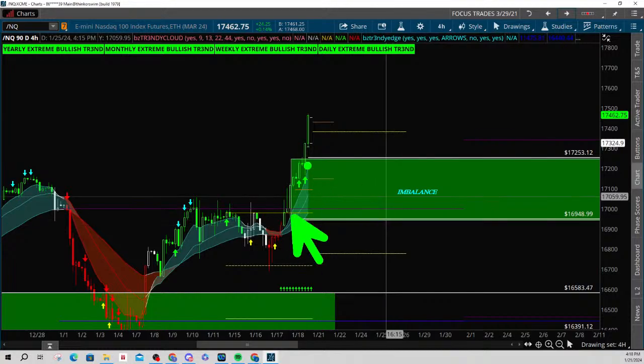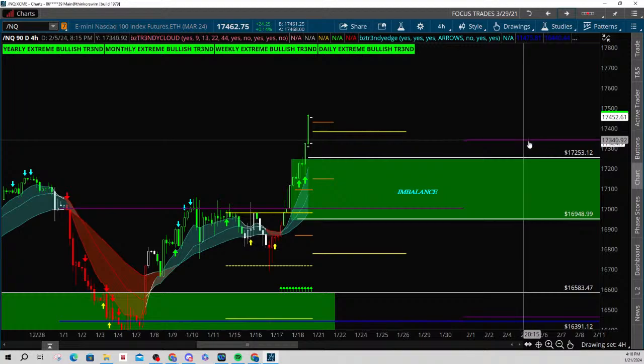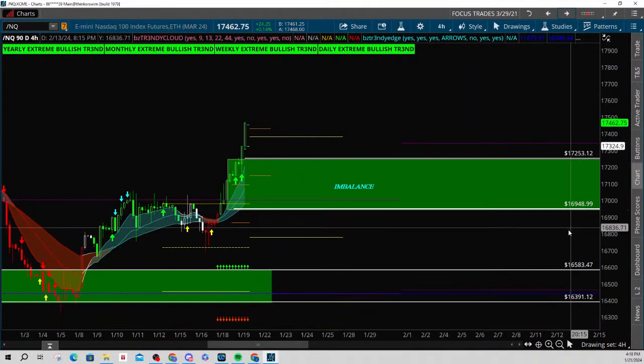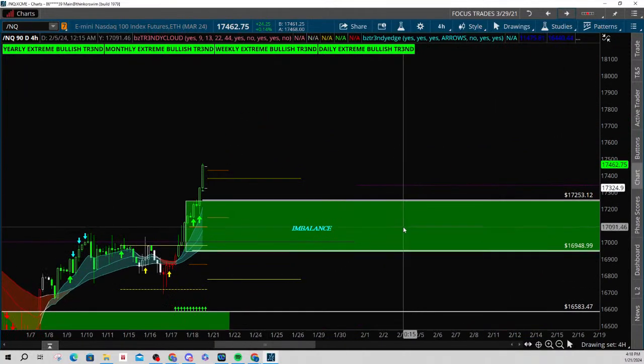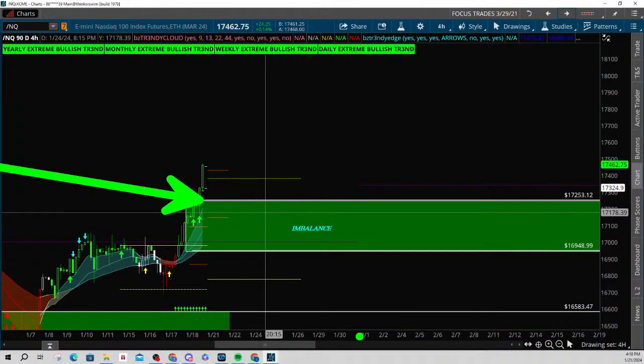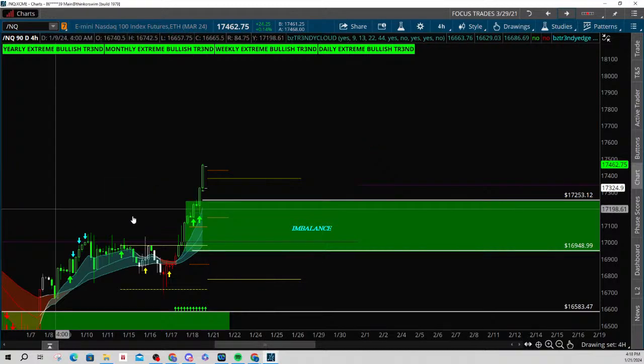I used two different inside and out formations, and that comes in at 17,253 by 16,948. And again, we don't go long here, just so everybody understands. We don't go long here and then put a stop here. You could if you're looking at it from a longer term perspective, but we have a lot of different things that we use in order for a crisp entry and or stop. Very important to understand that.